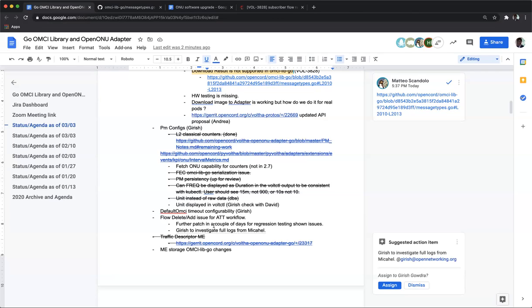And the action item is really for Girish to take a look at those sets of complete logs that have RW core, Volt, OpenONU Go, and all of them, and see if he gets an idea. There is a good analysis from Michael on the thread. And after that, we can decide what to do. But this is not as urgent as other things because this is considered to be a bug, so it can go in after code freeze.